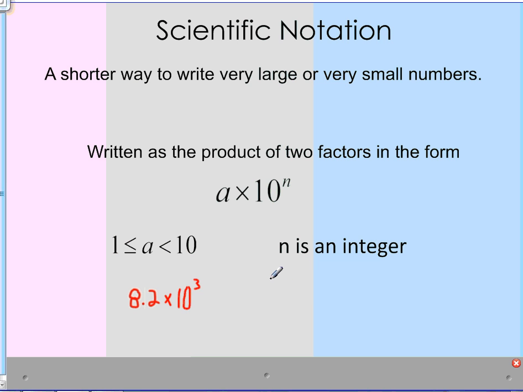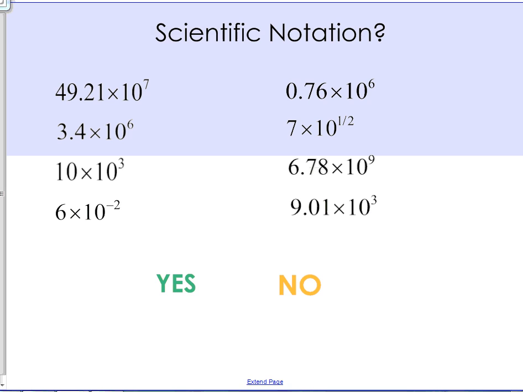However, 23 times 10 to the fifth power is not okay because that 23 is above 10. All right, simple enough. All right, so we're going to label some of these as either being scientific notation or